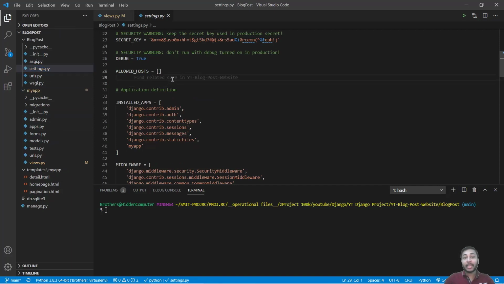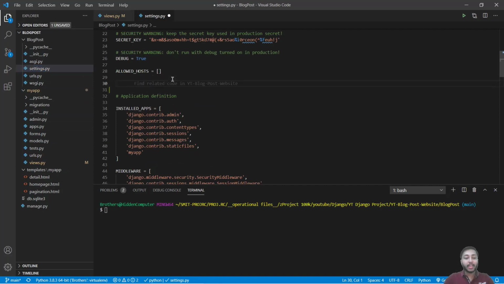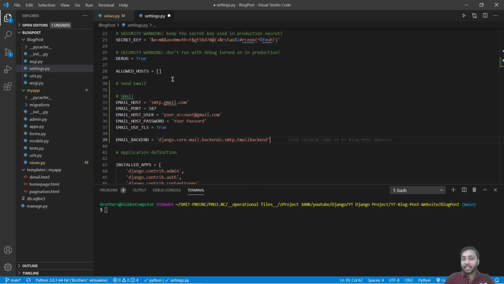Inside the settings.py file, if we are going to use Gmail, then we have to provide some configuration. These configurations are required if you are using Gmail. You will provide the host, port, your email address, your password, whether you want to use TLS or not, and what the email backend is. So we are using the SMTP email backend. This is required if you are using the Gmail service. And you also have to change that Gmail setting where you have to allow unsecured applications. Then only you will be able to send email through Gmail.